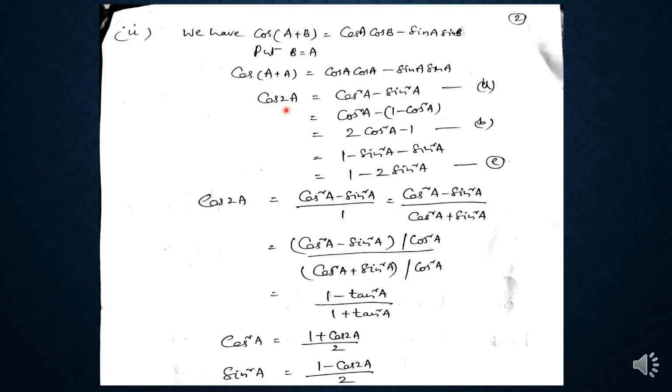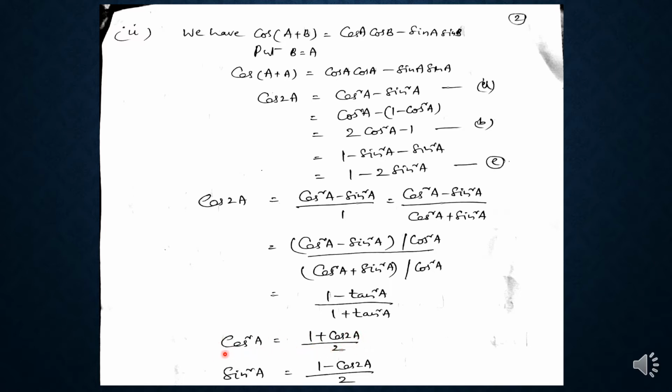From this cos 2A formula, a very important formula that we will use frequently is this. Take the second formula, cos 2A is equal to 2 cos square A minus 1. From this we can write 2 cos square A is equal to 1 plus cos 2A, when the minus 1 moves to the other side. So cos square A can be written as 1 plus cos 2A by 2. This is the formula, cos square A in terms of cos 2A.